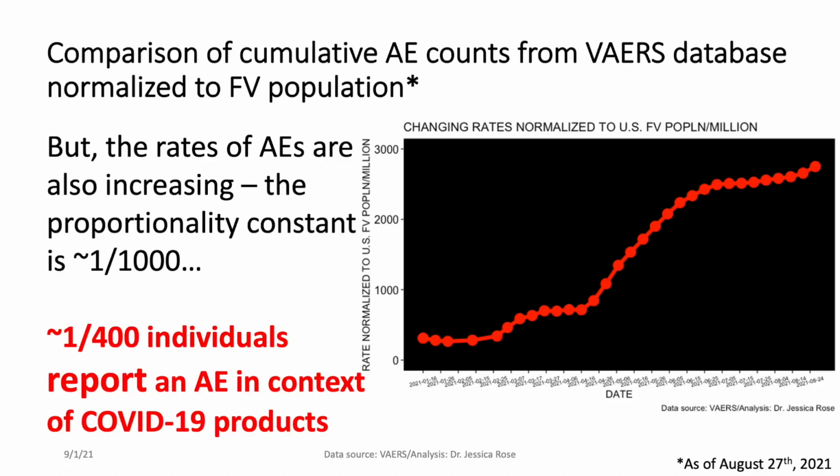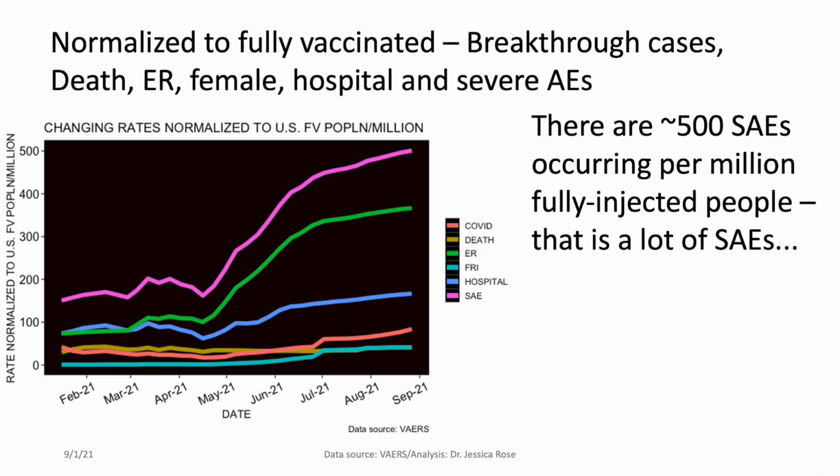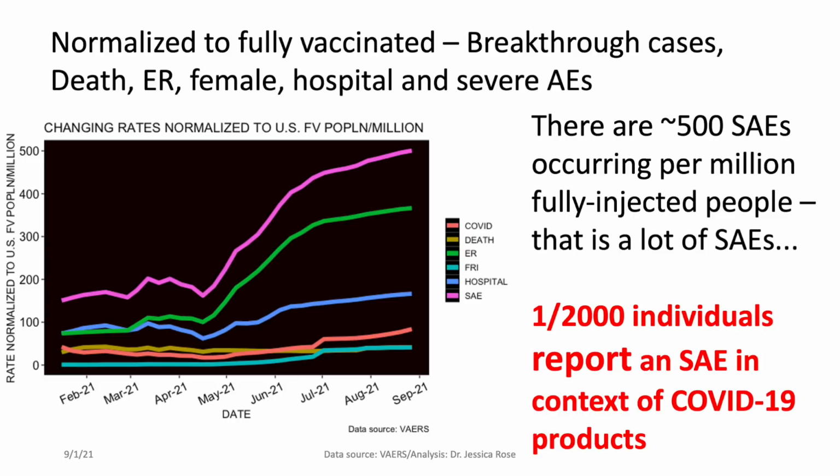If we normalize to the fully vaccinated population the breakthrough cases, which are the COVID cases that occur in spite of the injections, death, emergency room visits, female reproductive issues, hospitalizations, and severe adverse events, which encapsulate the ER, hospital, and deaths, but also disabilities, life-threatening illnesses, or birth defects that occur as a result of, or in temporal proximity to, the injections. We can also see that 1 in 2,000 individuals are reporting a severe adverse event in the context